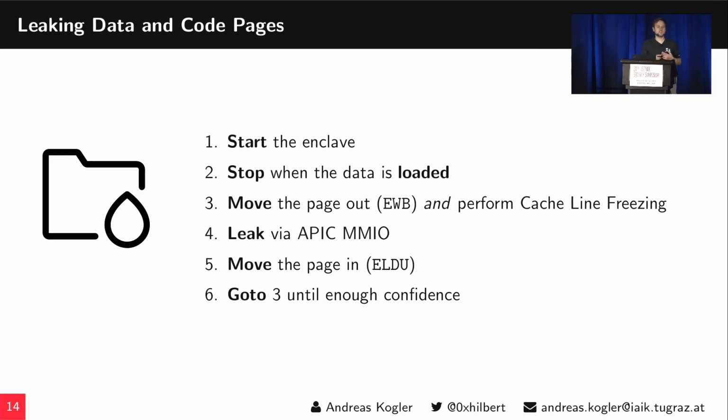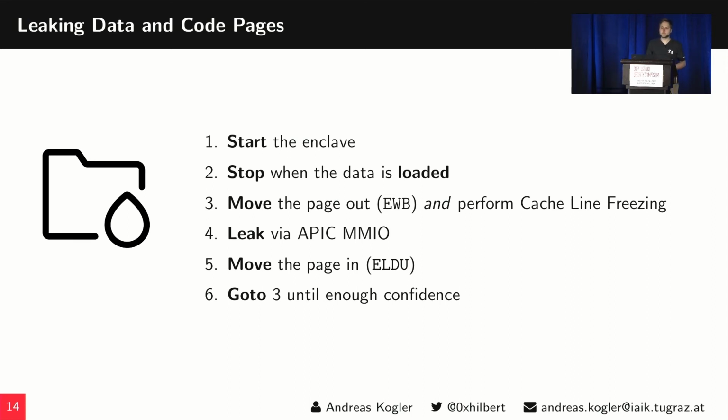So the idea is simply you start an enclave, wait until some secret data or important data is stored in the enclave, and then you use the combination of cache line shaking and enclave shaking and cache line freezing to basically freeze the data and leak it afterwards with APIC. You can repeat this process indefinitely without the enclave even running, since the pages still exist if the enclave is